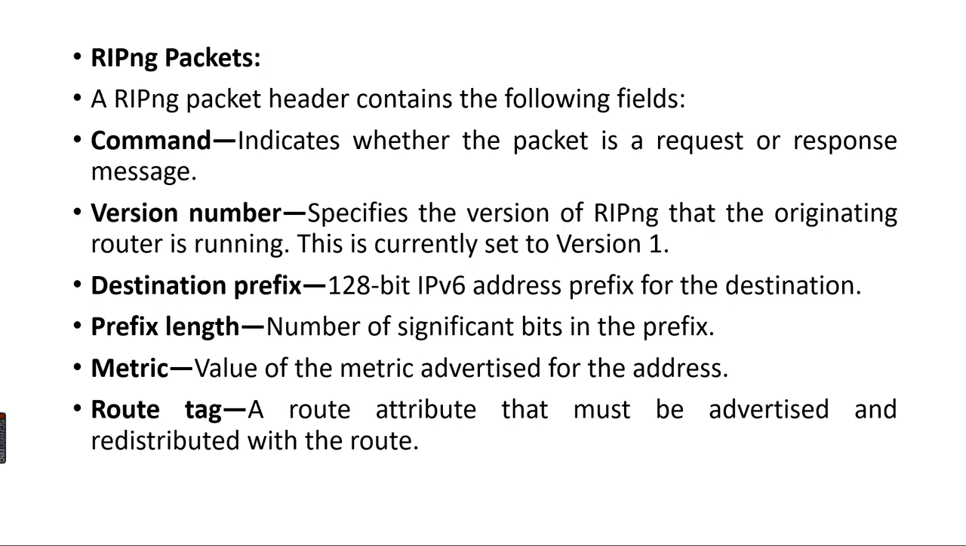One is sent periodically, every 30 seconds. Otherwise, a response can be sent based on a request. So it can be either proactive or reactive. The periodic response messages are called update messages. These update messages contain the command, version fields, and the destinations and other metrics. The next field is the version number. This specifies the version of RIPng. So this will be version 1. And then